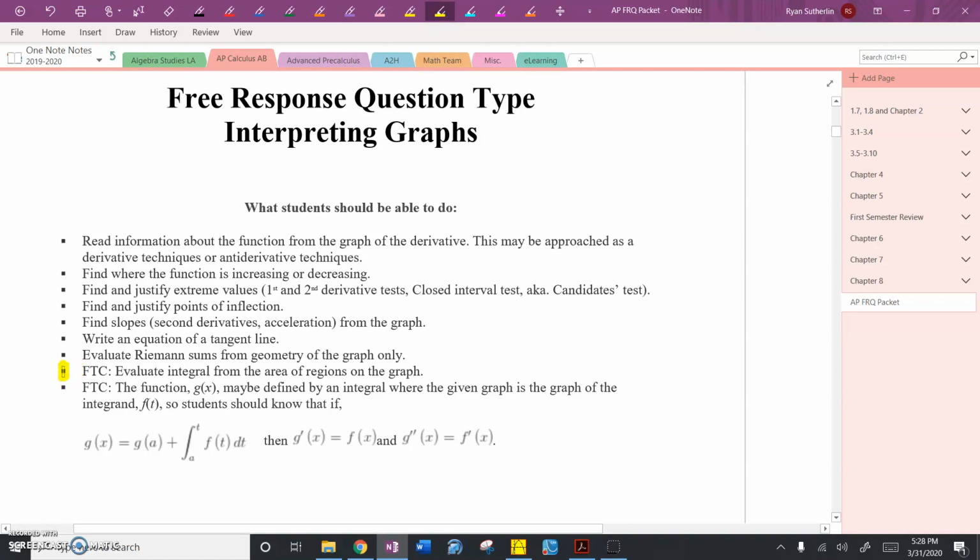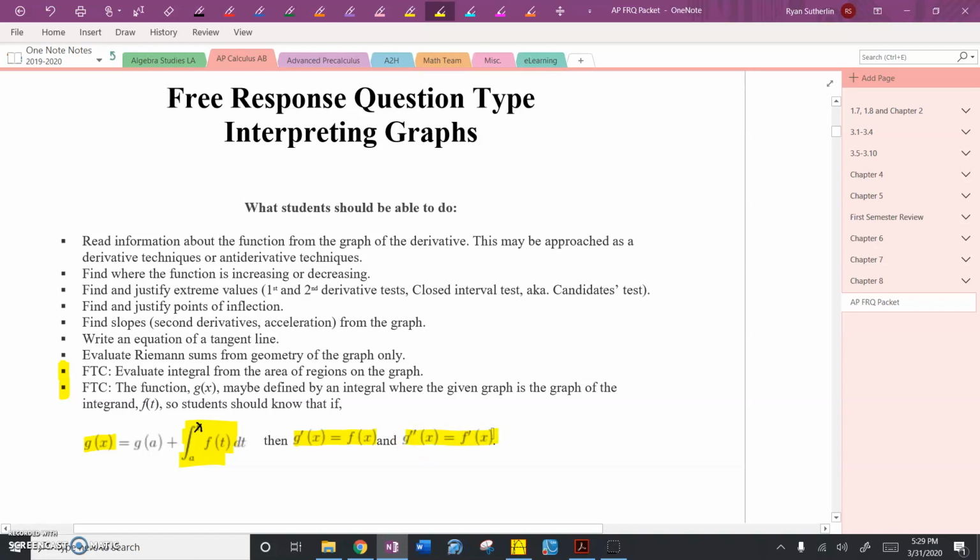The fundamental theorem of calculus, where you evaluate an integral from the area of regions of the graph. So this is where we're going to look at finding the positive and negative area and using that to evaluate an integral. And then the second part of the fundamental theorem of calculus, where we take the derivative of an integral. For example, if this is g of x, and this should be an x up here, when you take the derivative of an integral, remember that the bound goes in for the independent variable, and then you do the chain rule if needed,